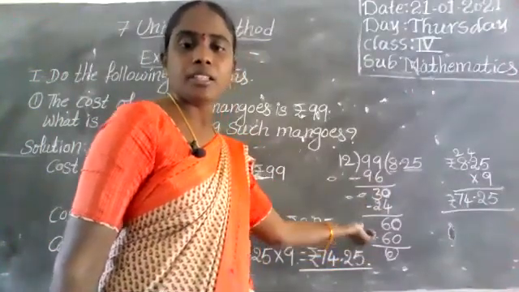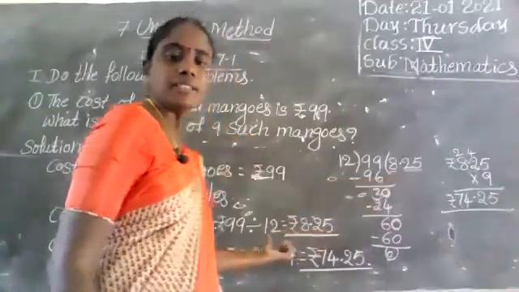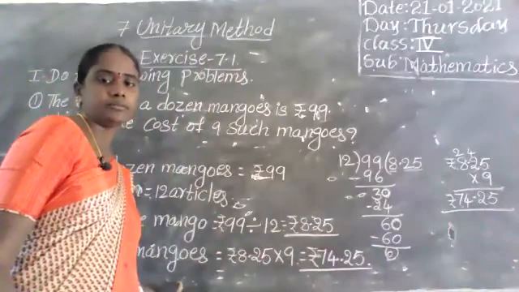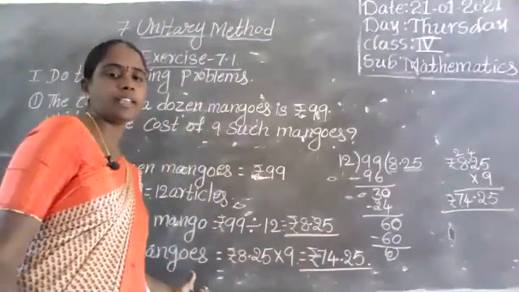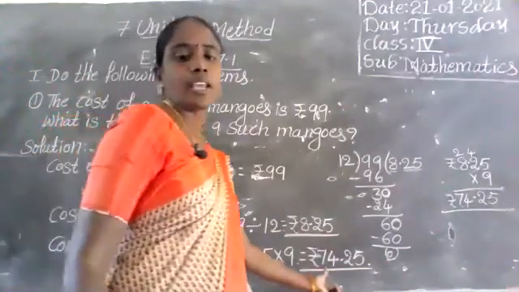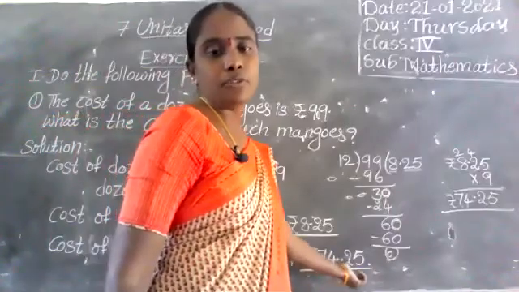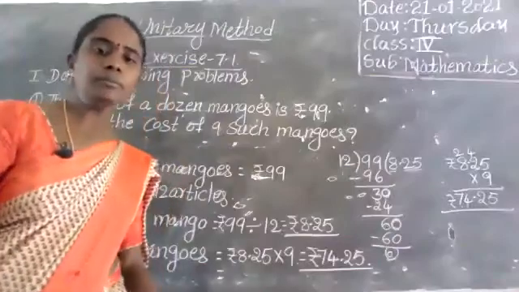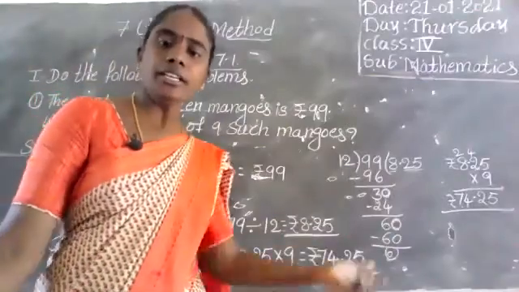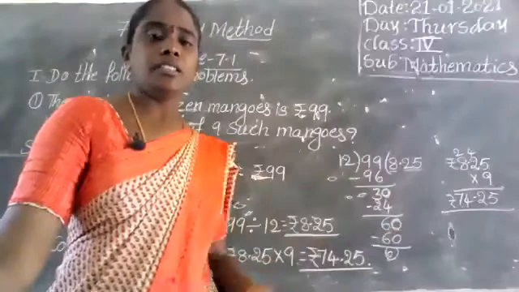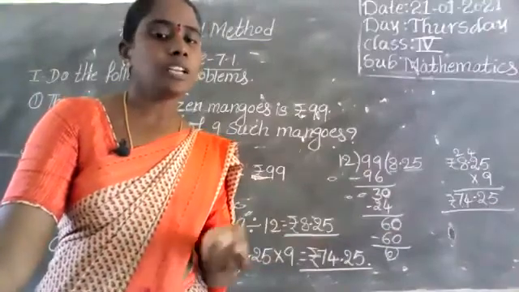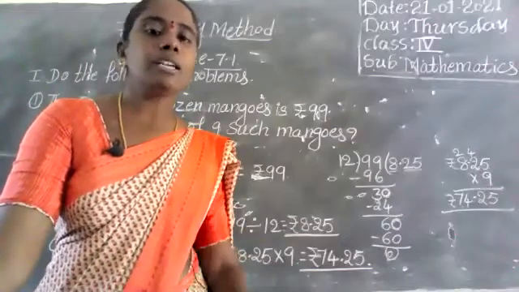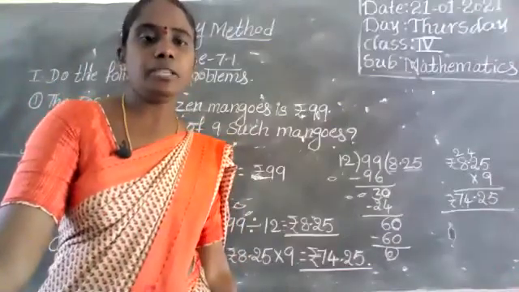Okay. Next, here 8 rupees 25 paise is the cost of one. Then multiply by 9, the cost of one multiplied by 9. Then we can get the cost of 9 mangoes, that is 74 rupees 25 paise. Okay. Did you understand, Amma? If you have any doubt, ask. Here, division and multiplication: in the unitary method, there are 2 steps. First one is division, after that is multiplication. Only division and multiplication are there in unitary method problems.